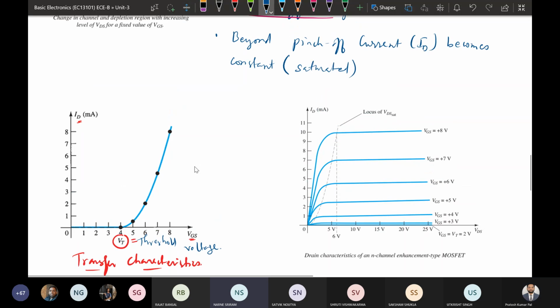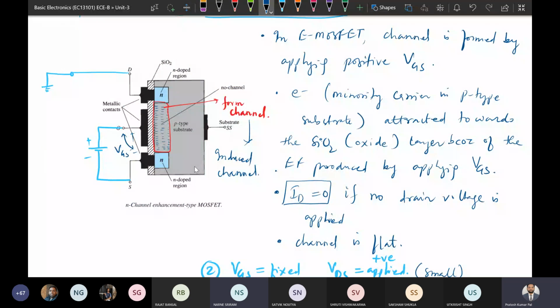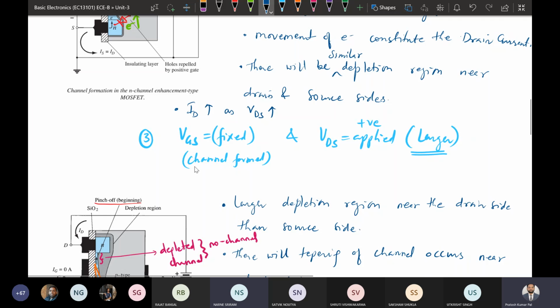Initially we have seen that the drain terminal is connected to zero, and we are applying the gate to source voltage, so there will be no current flowing, but there is a channel formation. So when the drain to source voltage is also applied, and we apply the gate to source voltage,